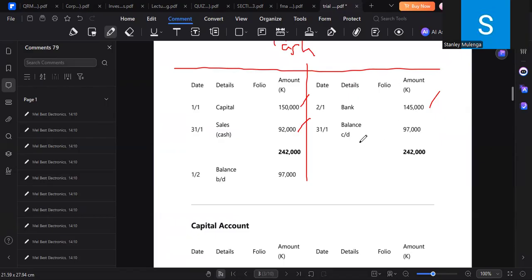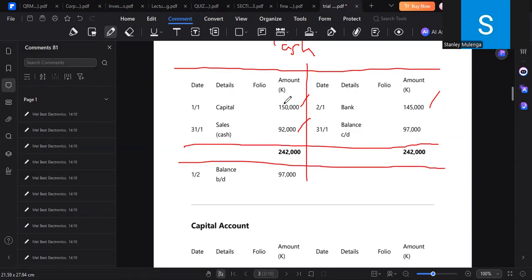from cash to bank. So what you do to balance up, firstly, you look at the side with the highest number. So in the total up here, we get 242. Okay, so 242, this amount was not there. So we subtract this amount from 242 so that the reducing balance is 97, so that this part also balances. So we put 97 and 97.